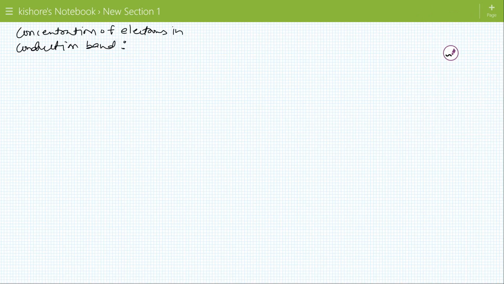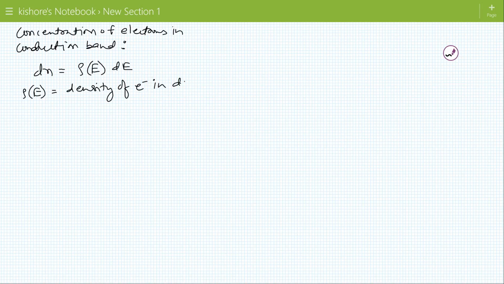Del N is rho E del E. Del N is the elemental concentration of electrons at energy level del E, and rho E is the density of electrons, the density of electrons in energy interval del E. This rho E is given by